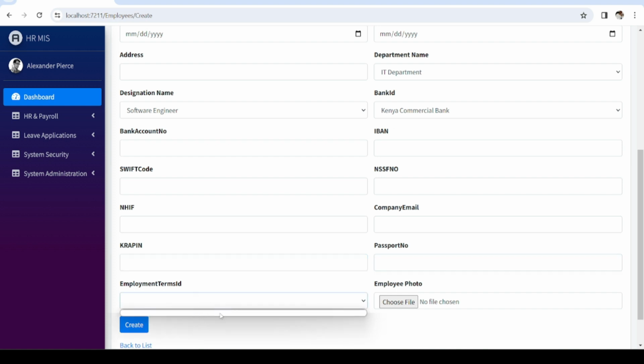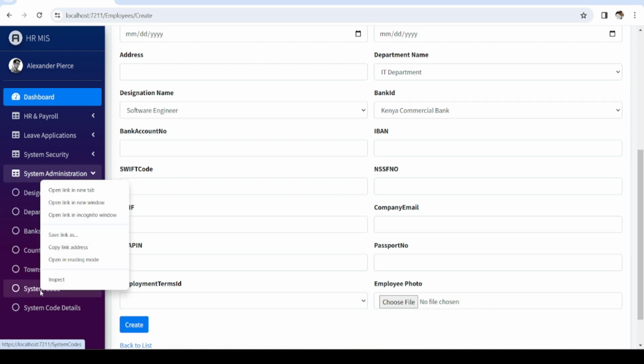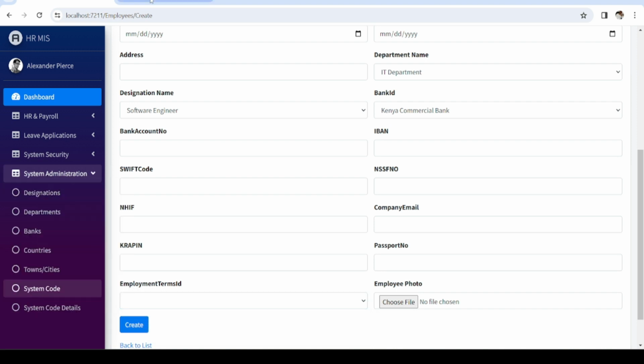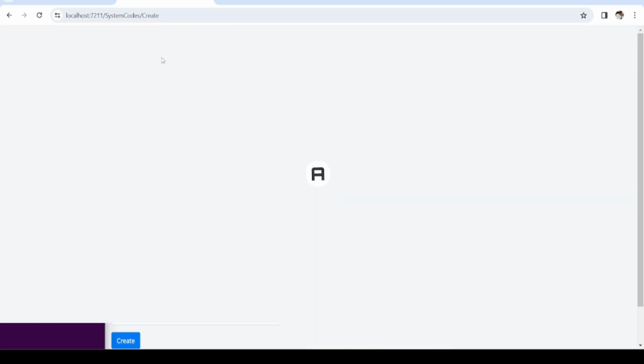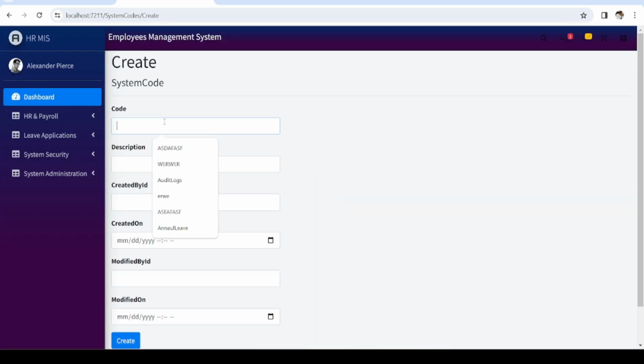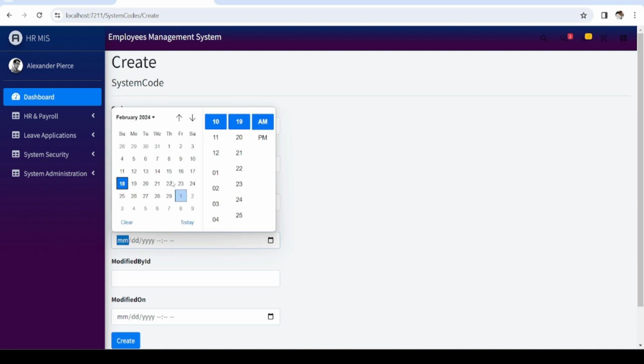So on the employment terms, you see we don't have any drop-down list. So what we need to do, we need to go to system codes. I'll open it on a new tab, then add, and I'll say here employment. It is employment terms. So after doing that, I'll just have my description as employment terms, created by, I can have macro code. I think it will throw an error because of,